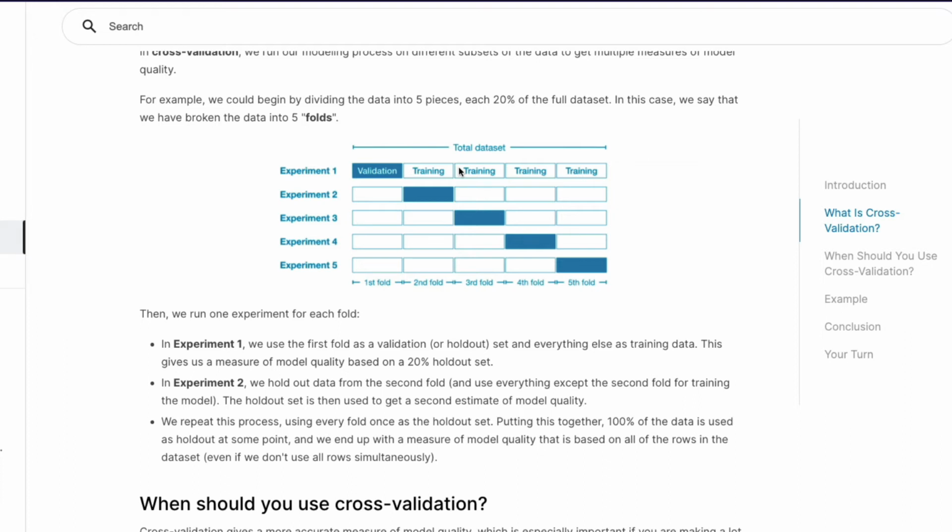And a cross validation score that matches your test score would make